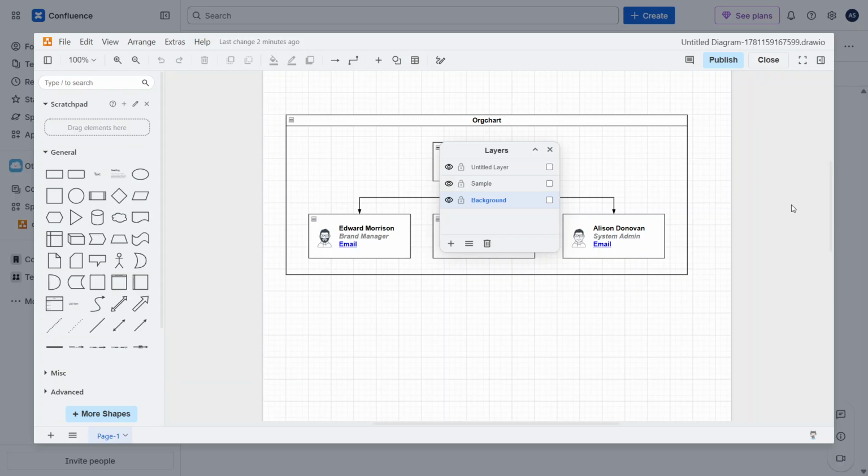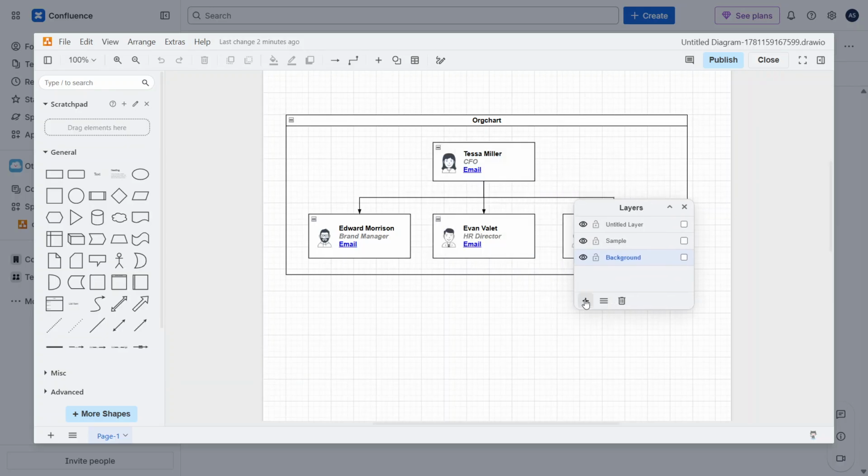objects. If you want to create a new layer, go to the bottom of the Layers panel and click the plus icon. A new layer will be added right away. It's a good idea to rename it immediately so you can keep your diagram organized and easily identify where different objects belong. To move objects from one layer to another, first select the object or multiple objects that you want